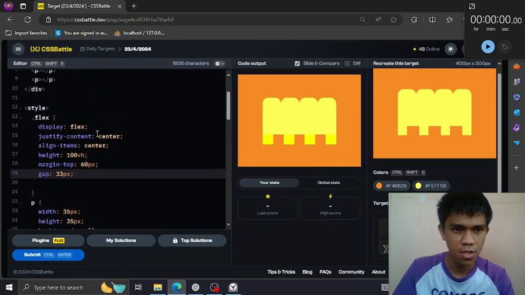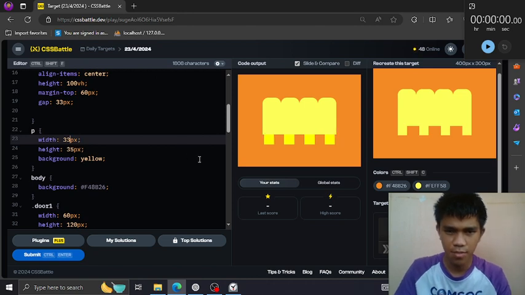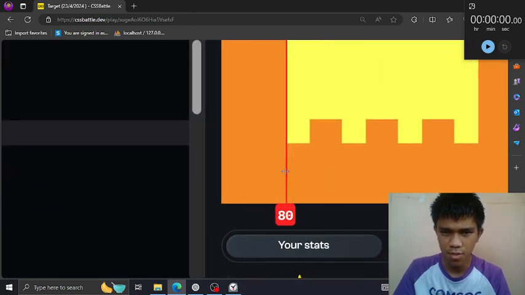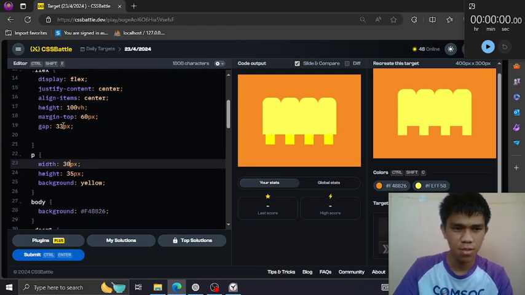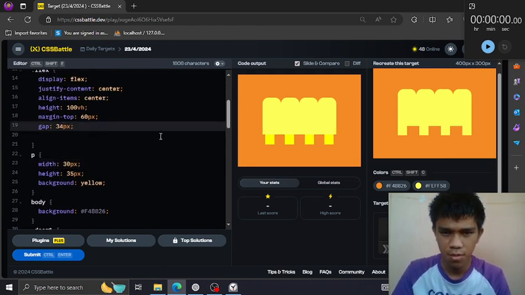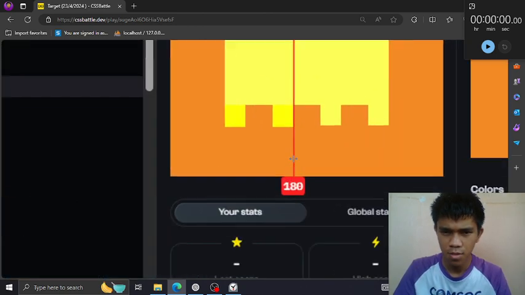Okay, let's reduce the height, width of it. Width, 50, sure. Then how would you like that?